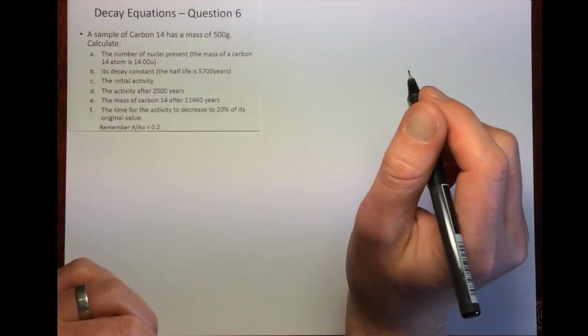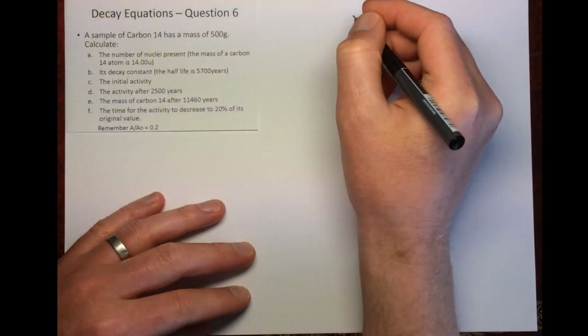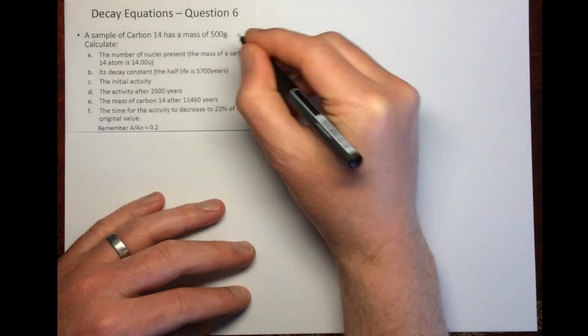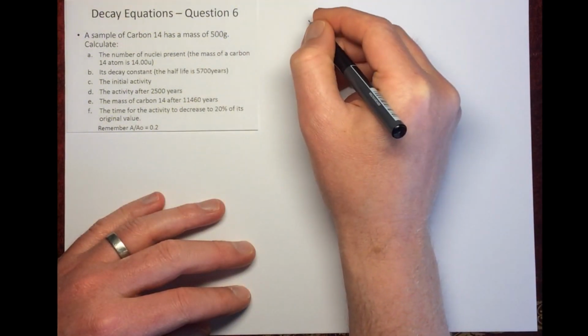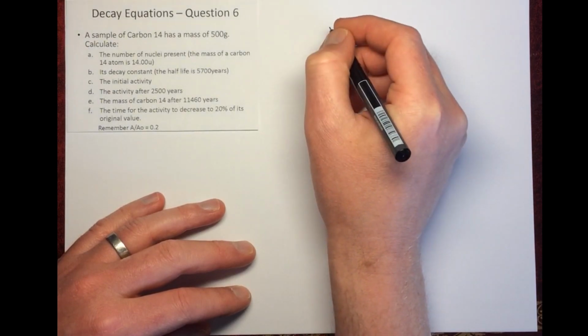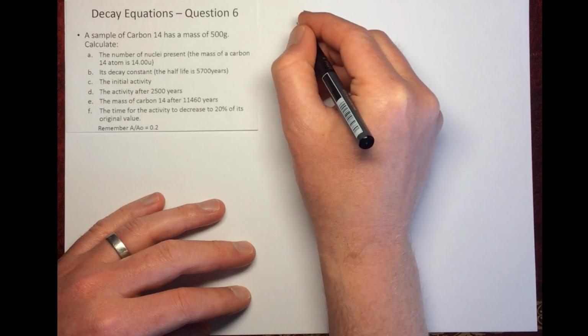Okay, so in this question, we're going to have a look at question number 6. And the first thing to be aware of is that our sample has a mass of 500 grams, and it's asking us to calculate the number of nuclei present. Now, we know that the mass of a carbon-14 atom